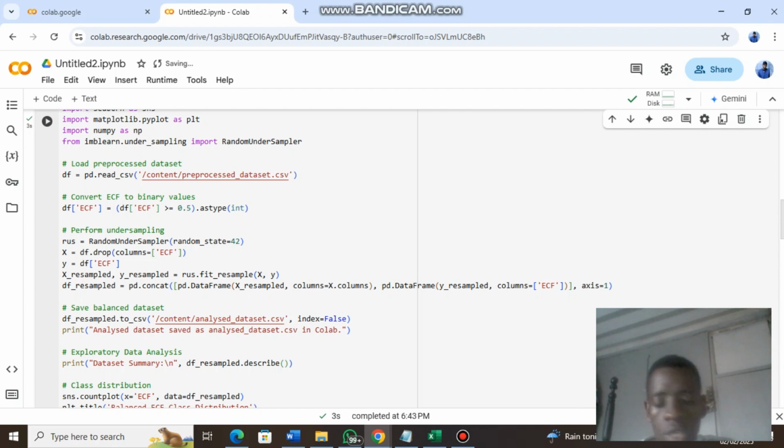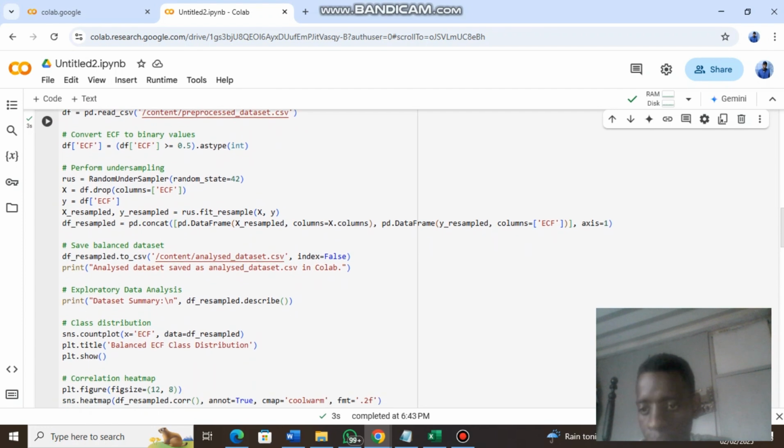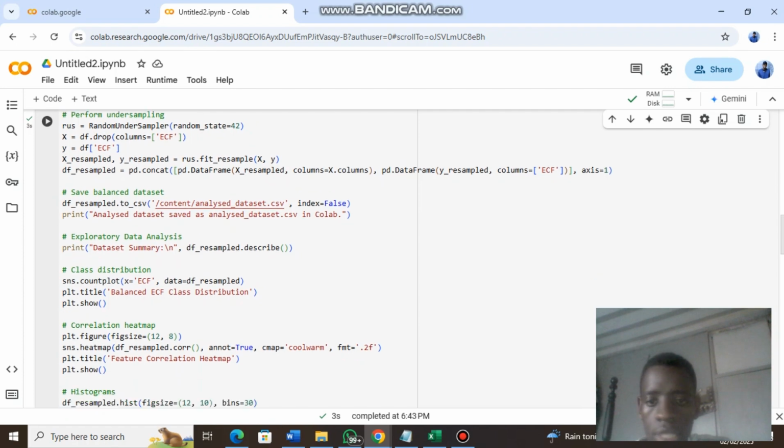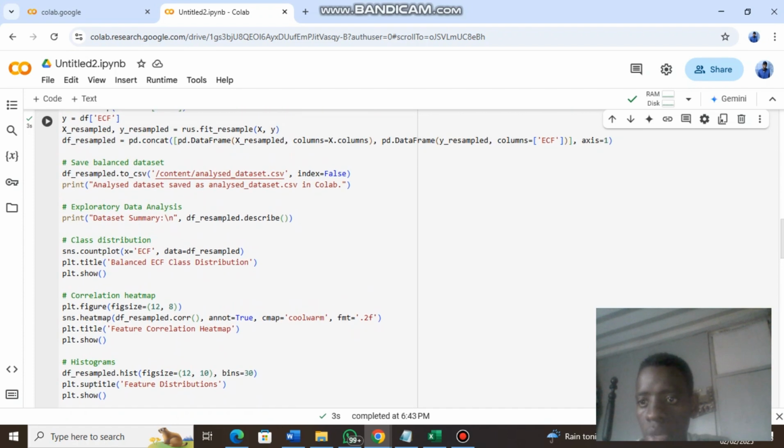So after doing this undersampling, we shall go ahead and save this dataset using this line of code. The df resampled has now been converted from the preprocessed dataset into this analyzed dataset.csv. Index is equal to false, and then we shall print out this dataset